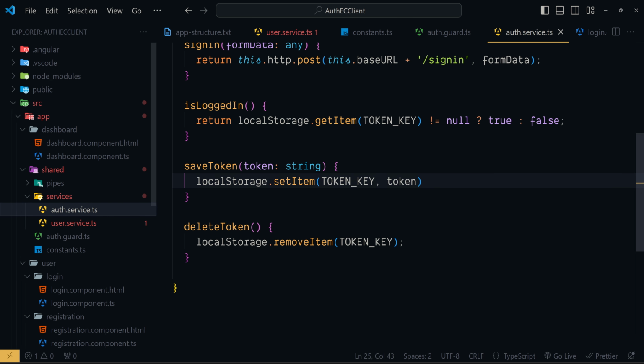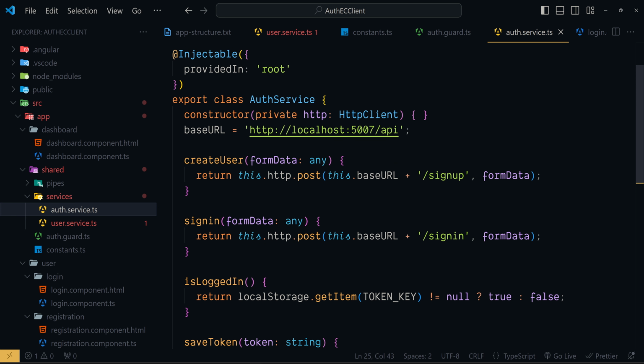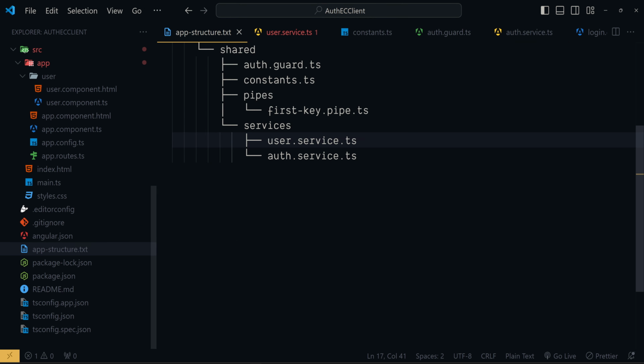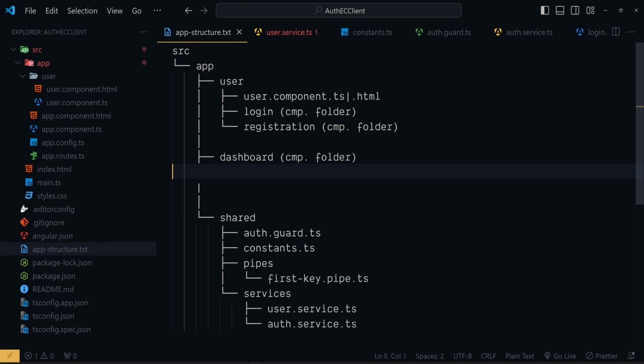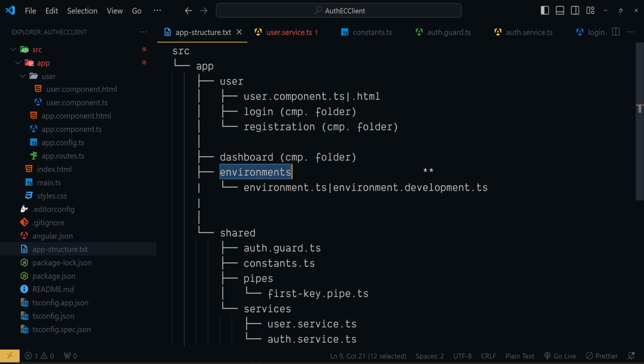Now we have to pass the URL to this GET method. Inside this auth service, we have hard-coded the base URL like this, and for each HTTP request, we have appended the respective path like this. Now hard-coding this base URL is not a good practice. For that, we can make use of the environments folder inside the Angular app. So here is the folder and file that we are going to add into this application, environments. Inside that, we can create environment files for each execution mode of the app. By default, there are two files, environment.ts for production and